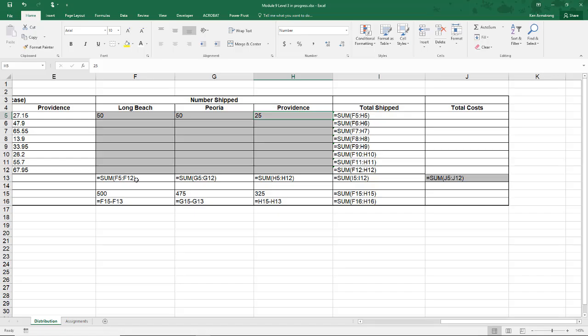Keep in mind that whatever values you put in these cells, it really doesn't matter because Solver is going to overwrite them when it goes and runs the model. So you can experiment and test out your formulas. In fact, you should, by putting values in here just to play with it.